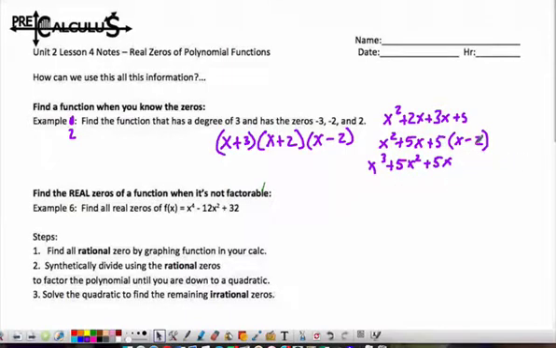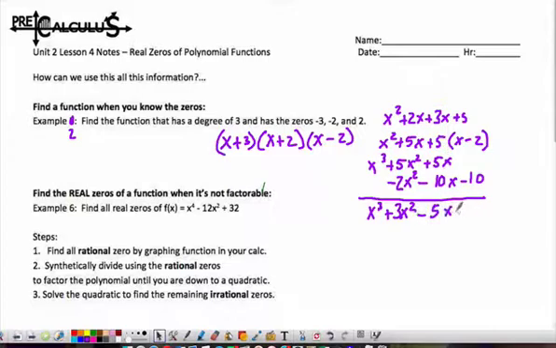It's going to make it easier to add them. So -2 times x squared is going to be -2x squared, and I'm going to put it below the 5x squared. Since we're going to be doing problems like this, I'm just showing you kind of an easier technique here. And then minus 10. Now when they're stacked like that, I can just add down. So x cubed plus 3x squared